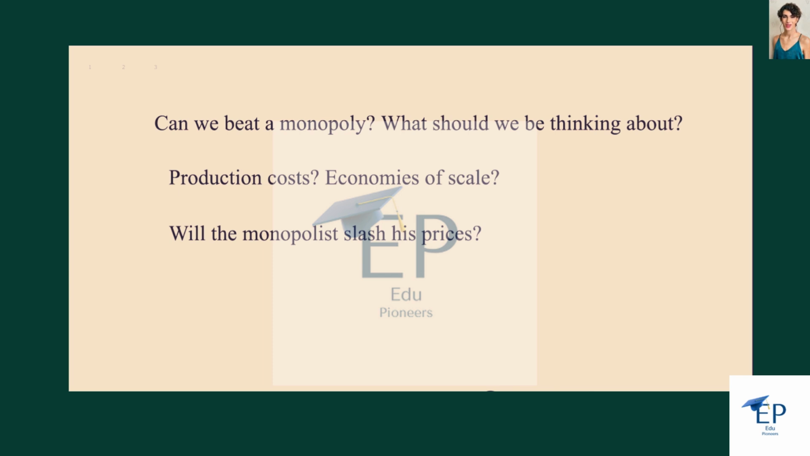The first thing we have to think about are production costs and economies of scale. If we don't know what the monopolist's production costs are, then we don't know how low this monopoly is willing to set their prices, right? We know that they don't want to set their prices below their average variable cost. But if we don't know what that is, and we're going in with a higher